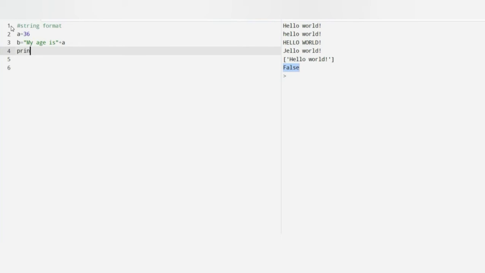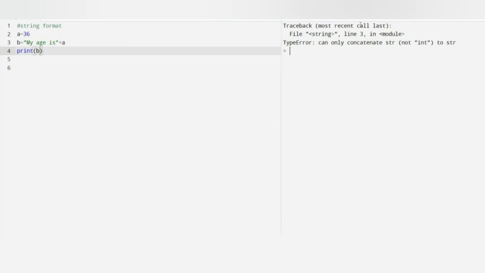If we print b, what will be the output? My age is 36? No, because it's a type error. We can't add a string plus an integer. So we need to use a format that is known as string format.